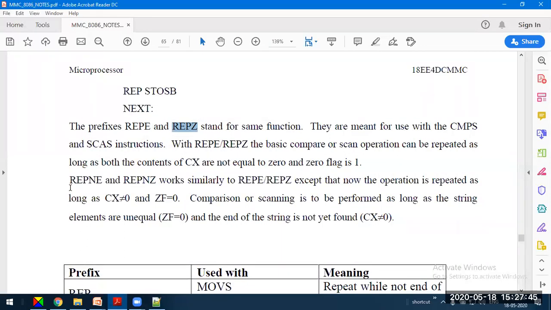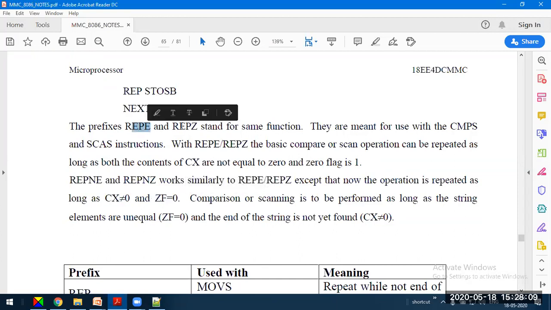The other possibility is REPNE and REPNZ, repeat not equal and repeat not zero. These two instructions work similar to REP and REPZ, except that the operation is repeated as long as CX is not equal to 0 as well as the zero flag is equal to 0.